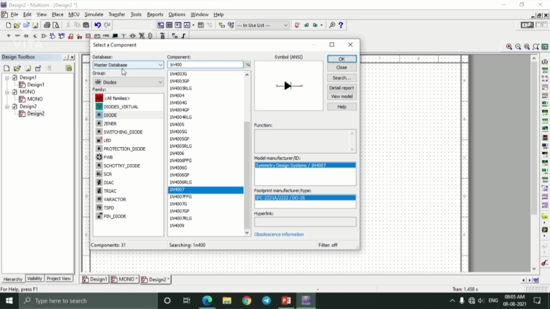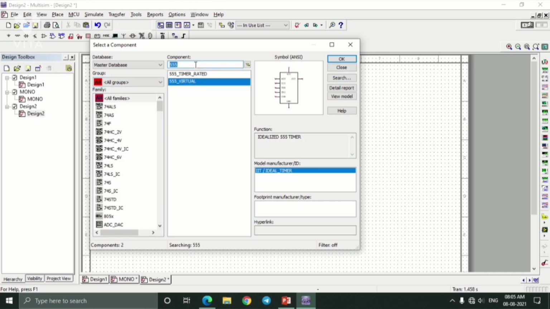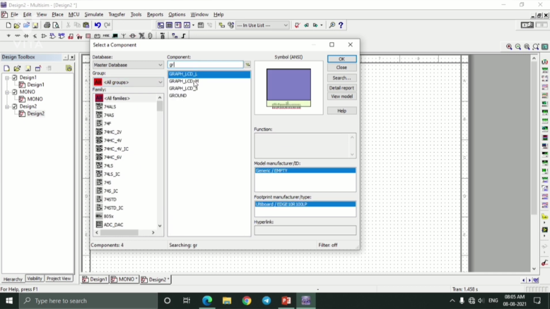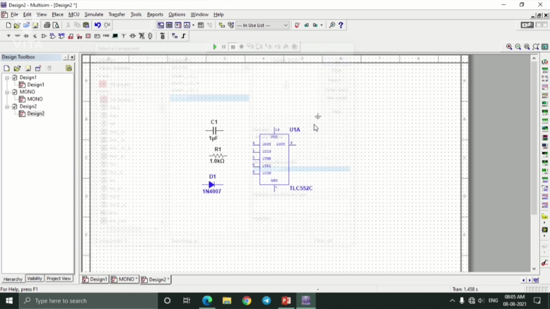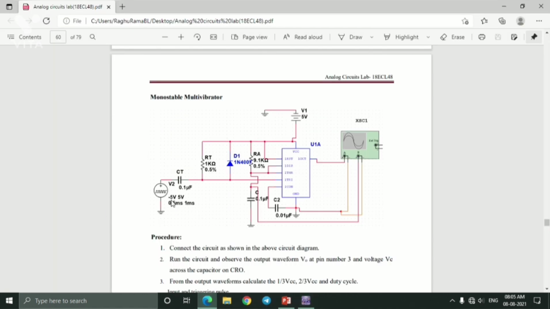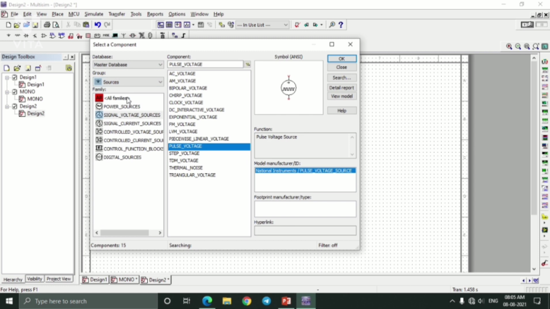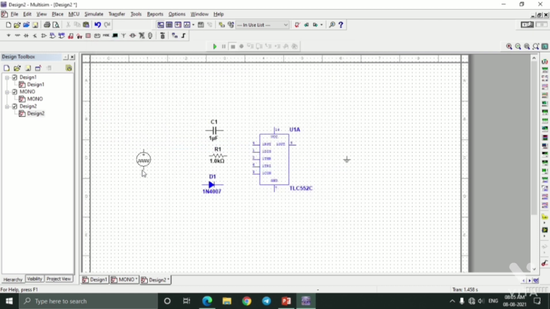So go to sources, go to all families and type ground. Place it. After that you need a pulse voltage. Go to sources. After that go to single voltage sources, and over there you will get the pulse voltage. Select that, place it.